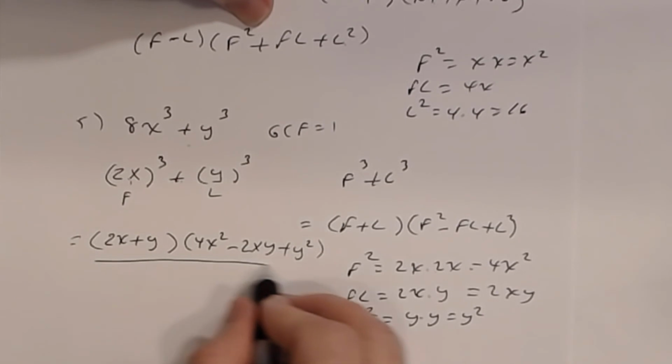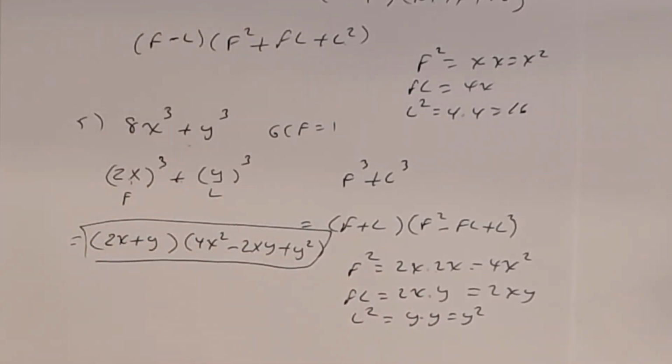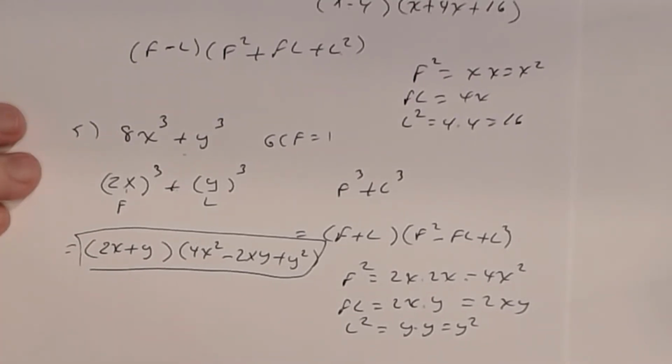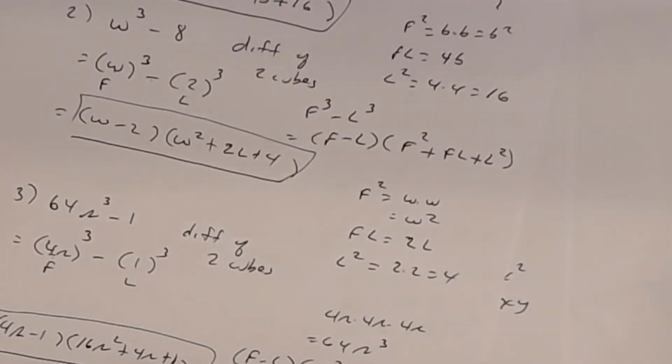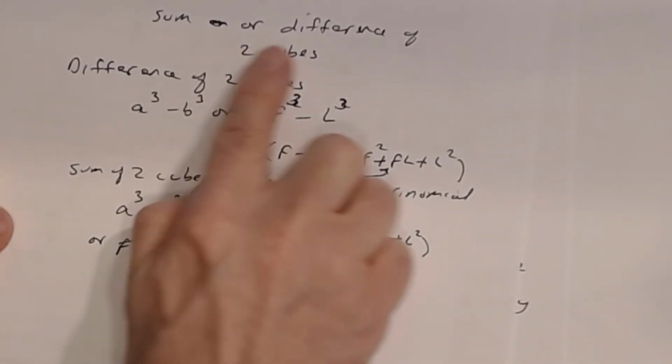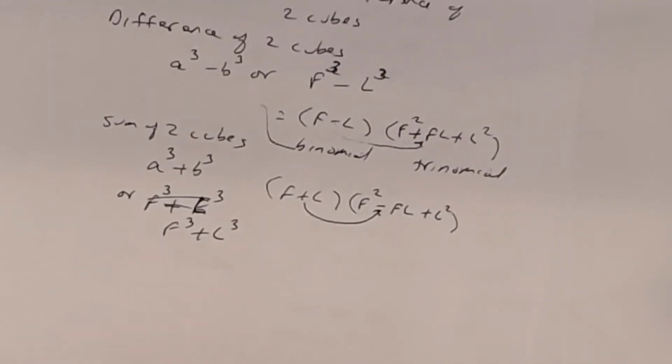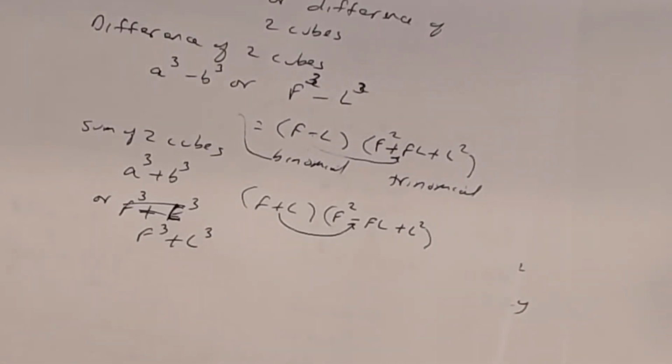And so there's your answer. All right. So that was a quick review for the sum or difference of two cubes. All right, now we have one more thing I want to look at,